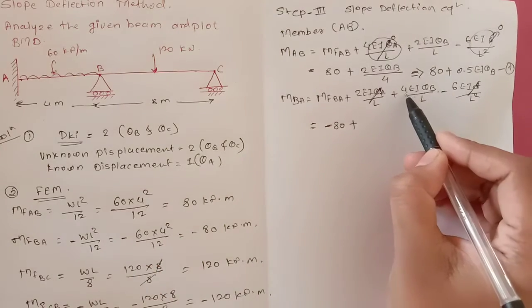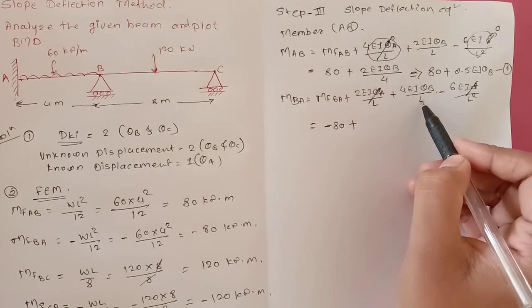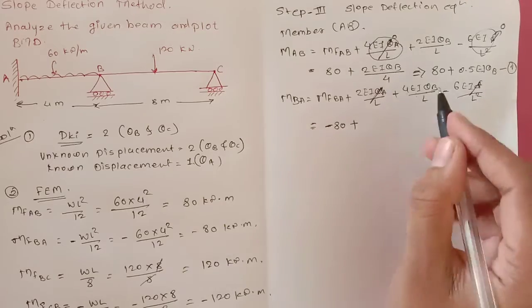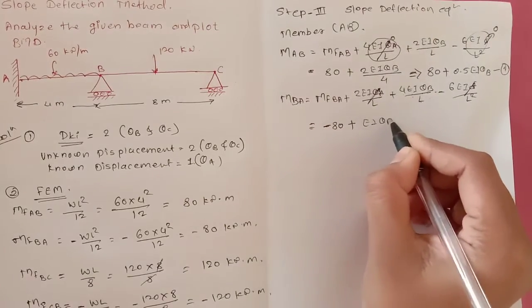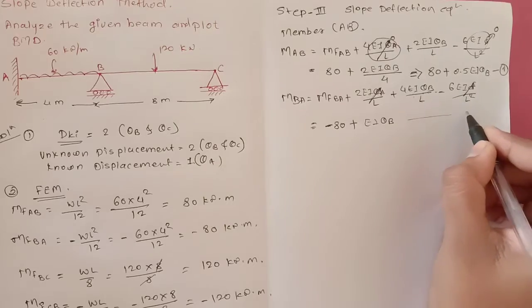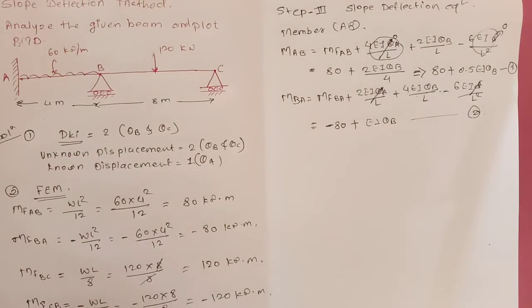So here 4 EI theta B divided by length, which is 4 meter. So the 4 gets cancelled, only EI theta B remains. Okay, this is equation number 2. Then next,